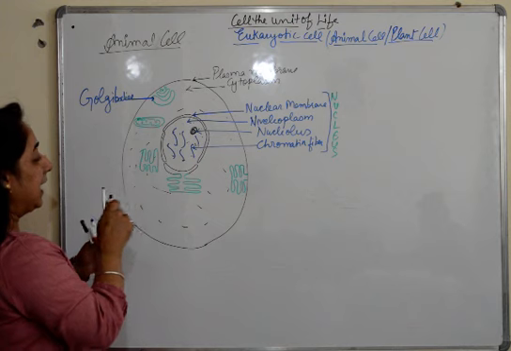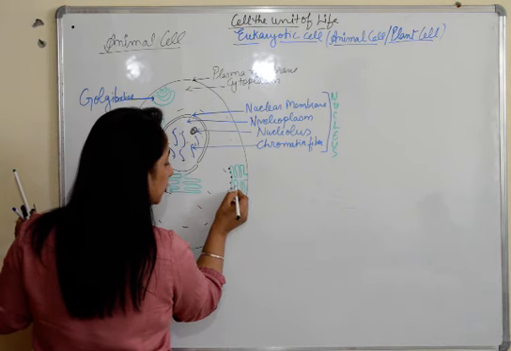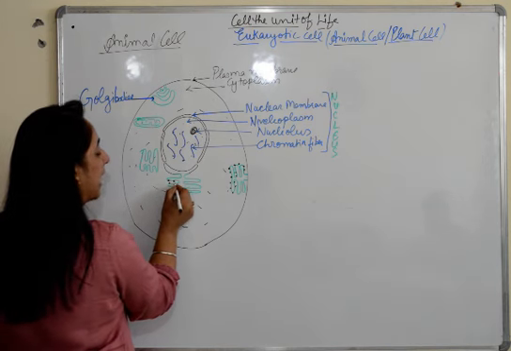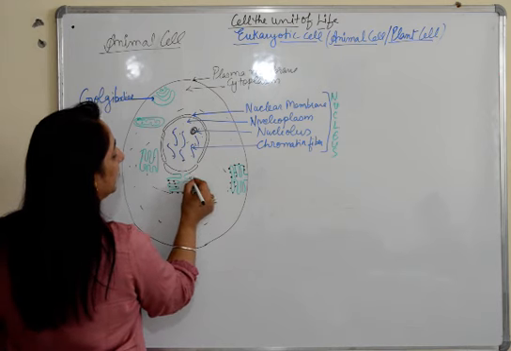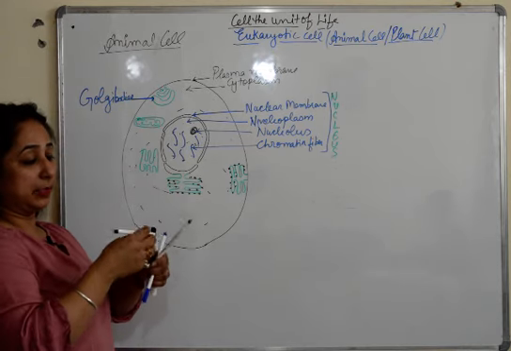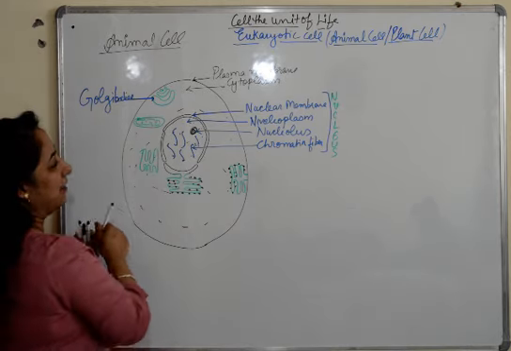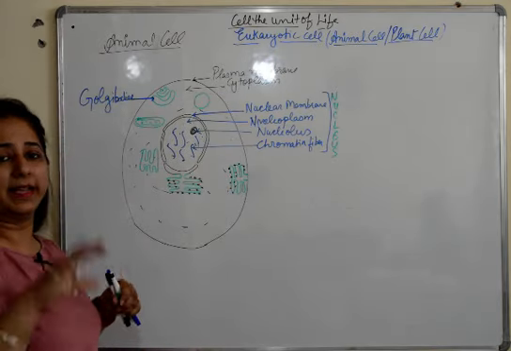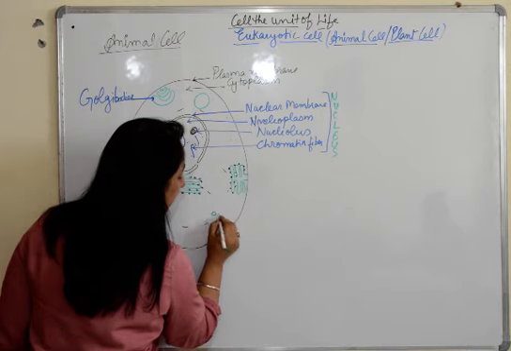Some of them have a dotted appearance, with dot-like ribosomes present over them. They are known as rough endoplasmic reticulum, and some of them lack these dots or ribosomes, and they are known as the smooth endoplasmic reticulum. Fine. So these are rough and this is the smooth endoplasmic reticulum. After the endoplasmic reticulum, this is an animal cell, so it has very few and very small vacuoles scattered throughout the cell. Some amount of vacuoles are also scattered around the cell.